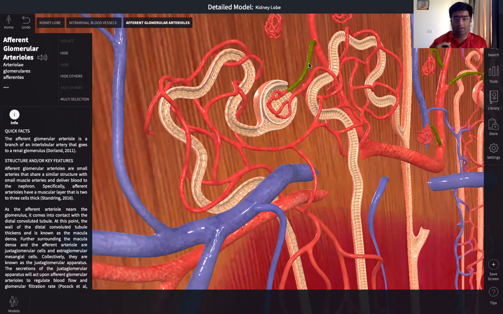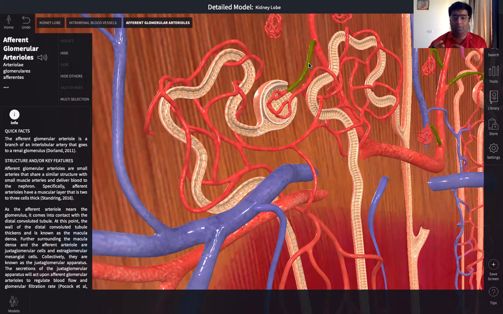The blood enters the glomerulus very quickly because of the wider diameter of the afferent arteriole, but the exit of the blood from the glomerulus is slow due to the narrowness of the efferent arteriole as compared to the afferent. So this results in a build-up of hydrostatic pressure within the glomerulus, which is responsible for ultrafiltration. Ultrafiltration is the first step of urine formation, which occurs within the Malpighian body.